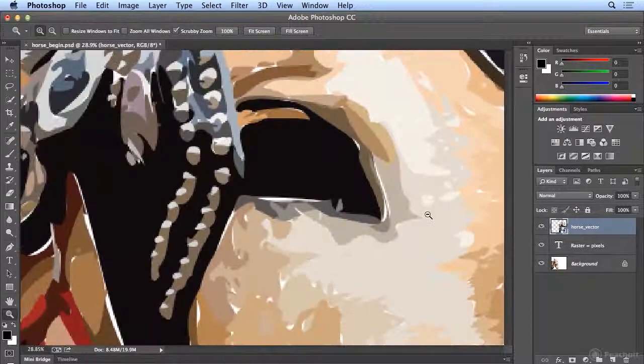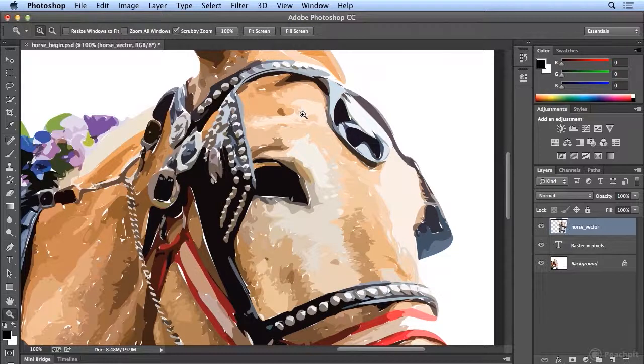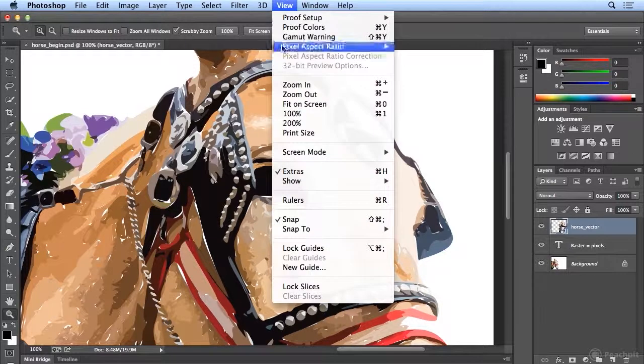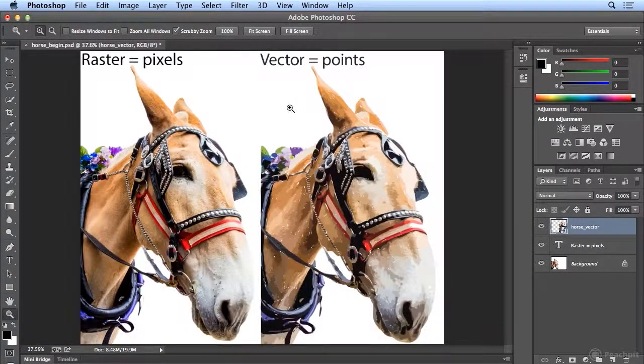I'll click and drag on the vector to zoom in, and when I'm zoomed in here, it may look like pixels, but that's because it's picking up the original resolution of the original horse. So don't worry if you see pixels here. If I go to View 100%, it should be sharp and crisp and clean, depending on your Photoshop file size resolution. Now I'll choose View Fit on Screen,